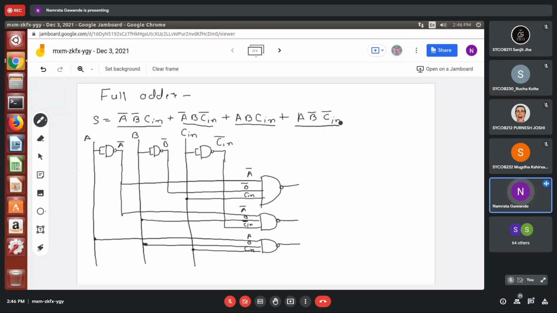And then the final term, that is A, B bar, C in bar. So one more NAND gate. A, B bar, A, this is B bar, okay, and C in bar.